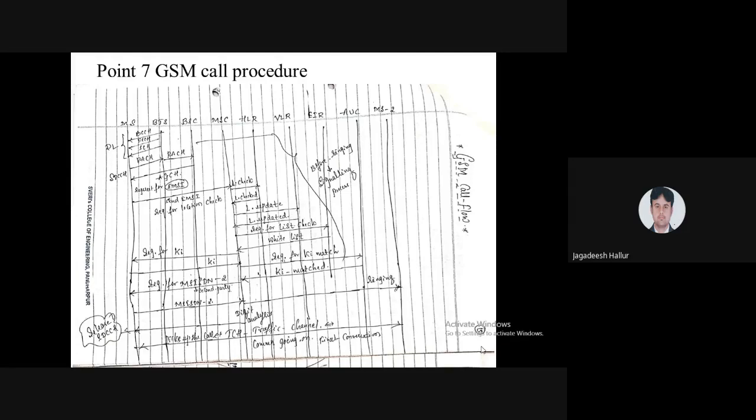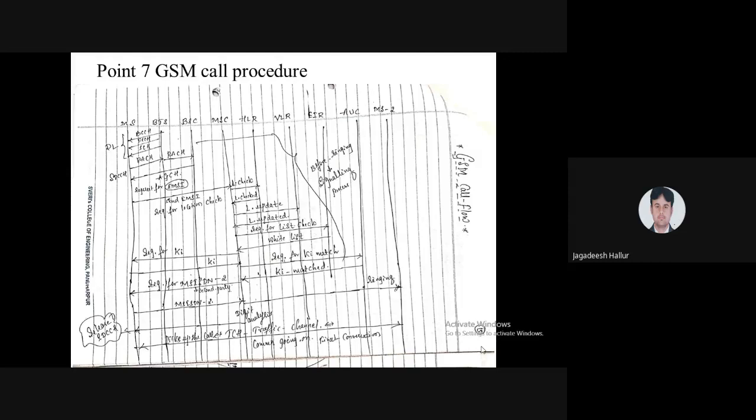So the MSC will know that the HLR is updated and the VLR is also updated, and the next process is the EIR. The MSC will send a request to the EIR. What is the main function of the EIR? You have to check which list the particular user is in: a black list, a white list, or a gray list.